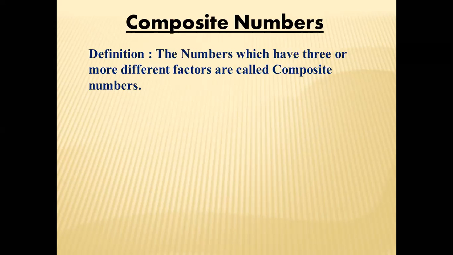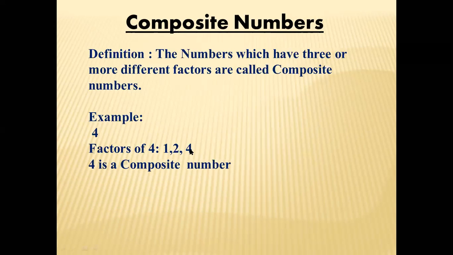Let us see an example of composite numbers. Like there is a number 4. When we find the factors of 4, they are 1, 2 and 4. 1 four is 4, 2 twos are 4. That's it, because when these are doubles, we are done. So how many factors? 3 different factors. So is 4 prime or composite? 4 is a composite number.